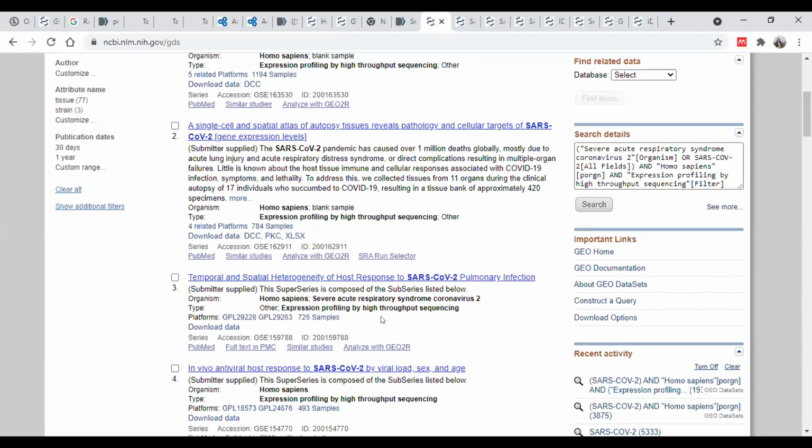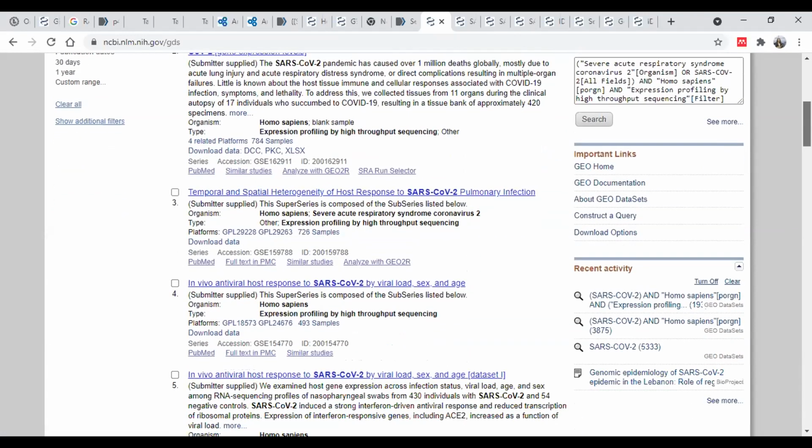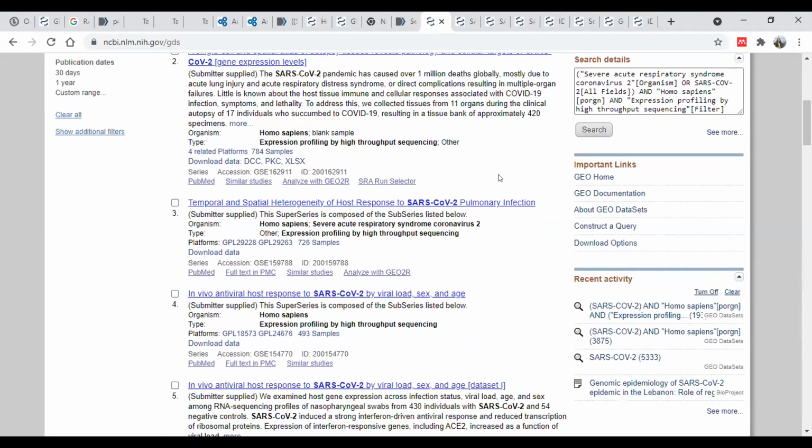For a bioinformatics research project, unless you have very novel questions, it is always better to consider at least 100 samples. If your research question is very novel, then even 10 or 20 samples is good enough to publish. But usually you must have a good number of samples, especially from the publishing perspective.